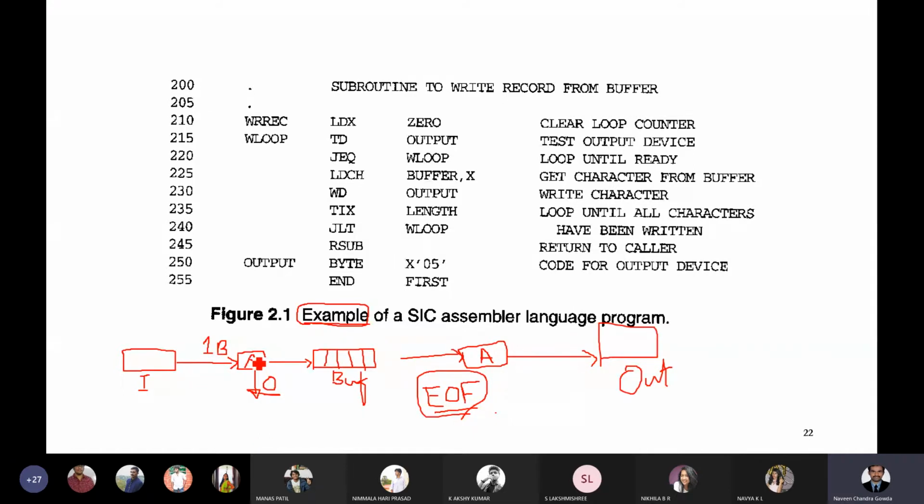In such a case where you did not read anything, at that time also you will be writing something to the output device, which is nothing else than the EOF, end of file. So what I'm trying to convey is: you read something, write that something with the EOF to the output device. If you don't read anything, then also you write EOF to the output device. So those are the two processes, the input process and the output process, for which we have two subroutines, read record and write record. Read record is for reading the data from the input device, and write record is for writing the data to the output device. Students, are you getting it?